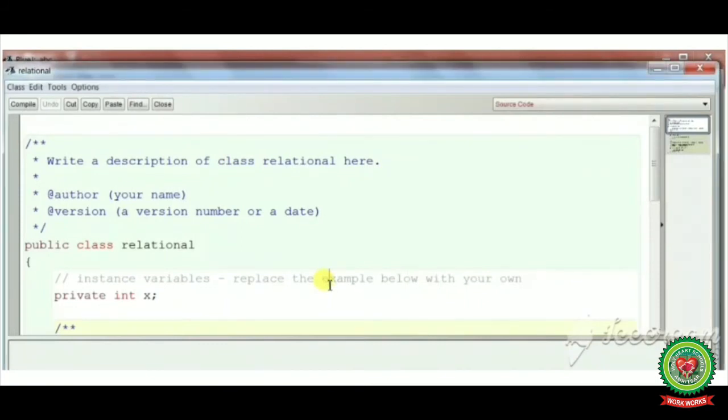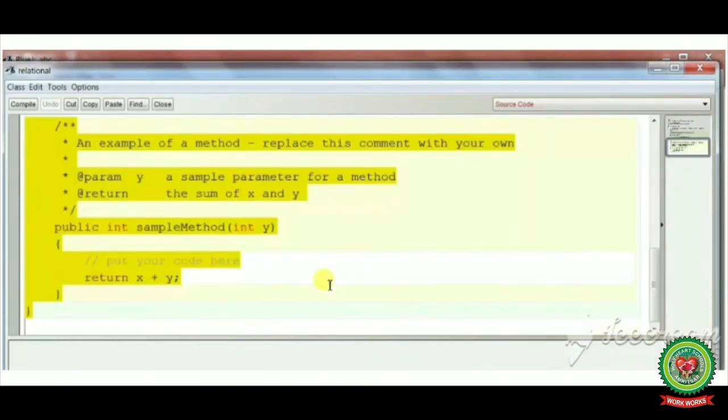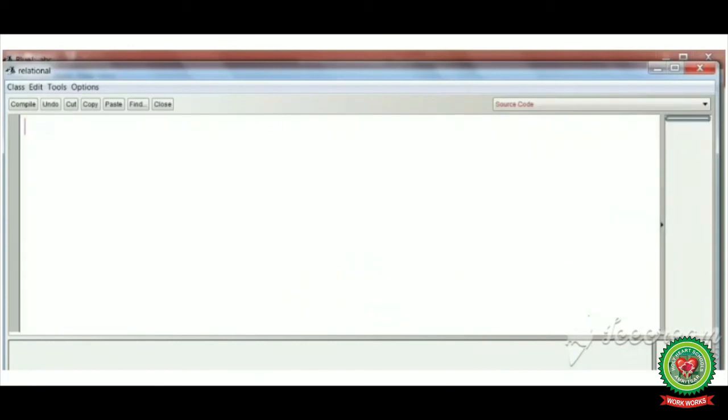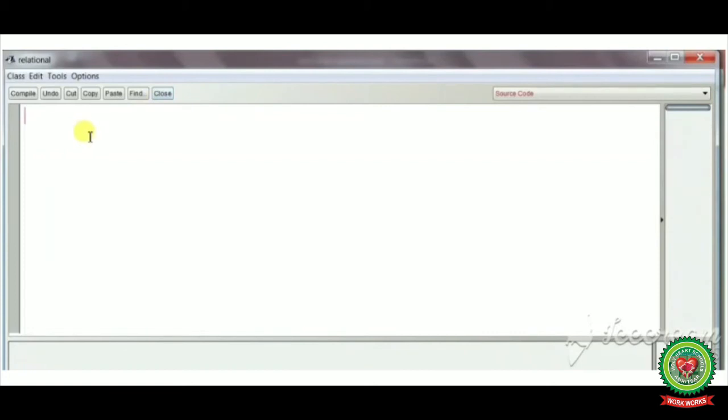Press Ctrl+A to select the code and press the delete key. Now we will write the code of the program. So we will write public class relational, that is our class name.